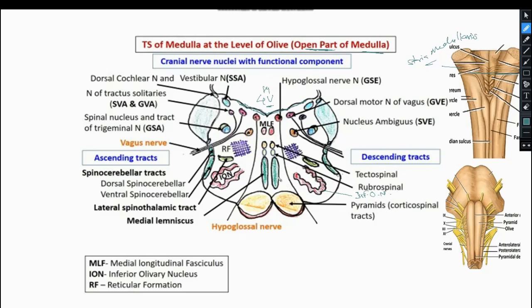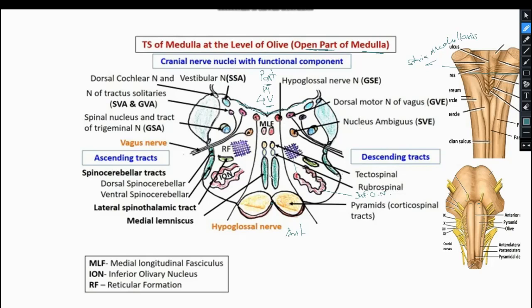We can correlate this structure with the external feature. So here this one is an anterior aspect and this one is the posterior aspect, because you know this is the position of the fourth ventricle. So here is the fourth ventricle. So this is an anterior median sulcus. This one is the posterior median sulcus. Now what we see is this is the pyramid. These are the pyramids here. Now moving anterior to posterior, we can see the arrangement of the structures.